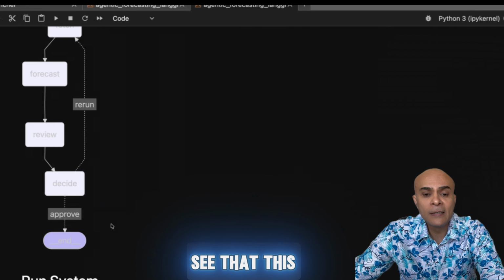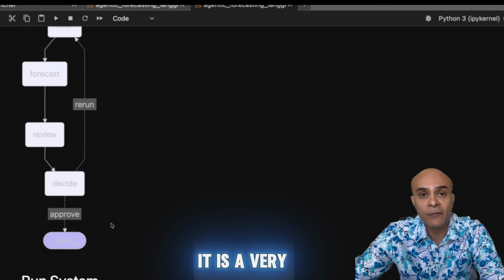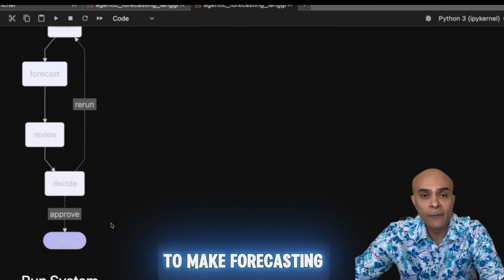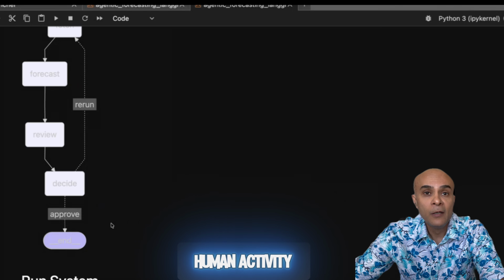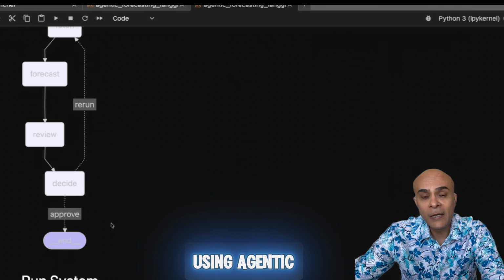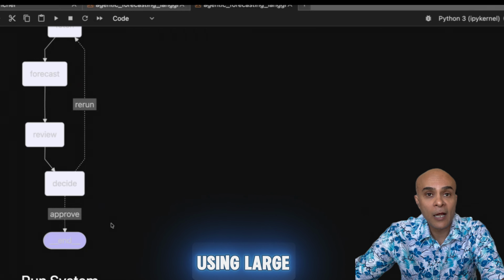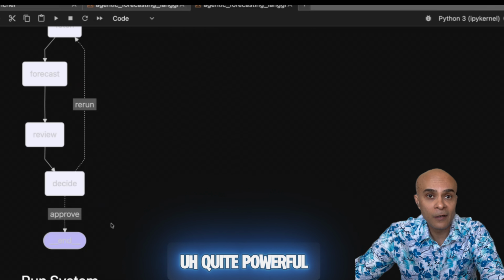So you can see that this is a very powerful and very modern way to make forecasts. It replaces a lot of human judgment as well as human activity using agentic processes and large language models, and this is quite powerful.